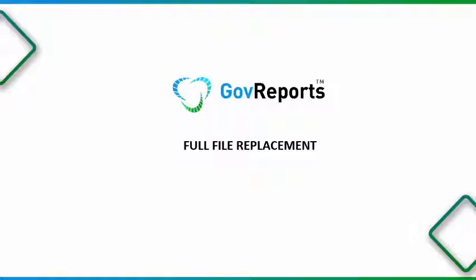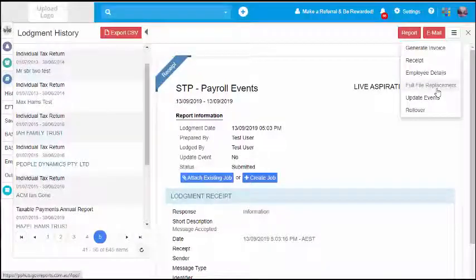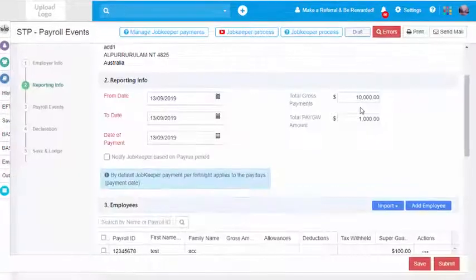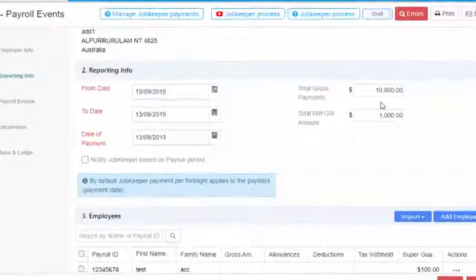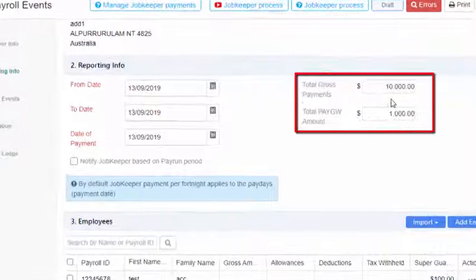Full file replacement. As the name says it all, full file replacement will enable you to completely replace the already lodged STP file, including the latest pay event files after that date. Full file replacement is only recommended if the incorrectly lodged STP needs to be adjusted fully along with the total